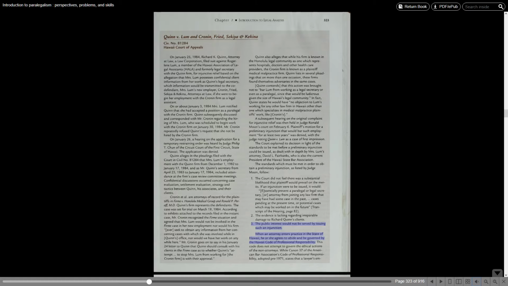When an attorney enters practice in the state of Hawaii, he or she agrees to abide and be governed by the Hawaii Code of Professional Responsibility. This code does not attempt to govern the ethical actions of the non-attorneys. While Canon 37 of the American Bar Association's Code of Professional Responsibility, adopted pre-1971, states that a lawyer's